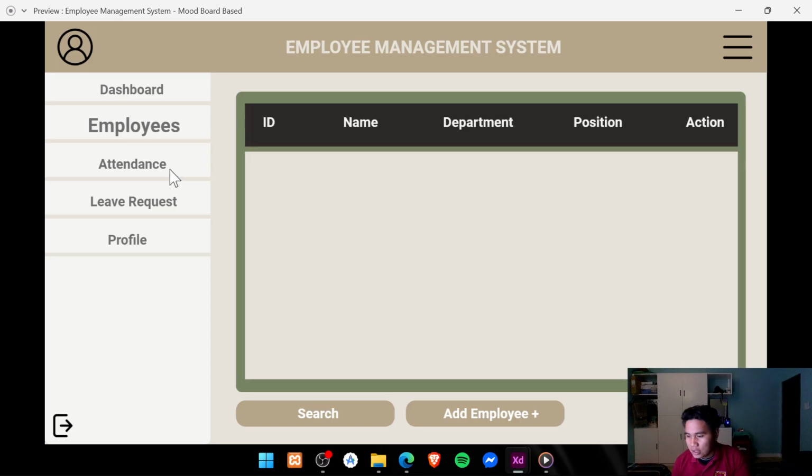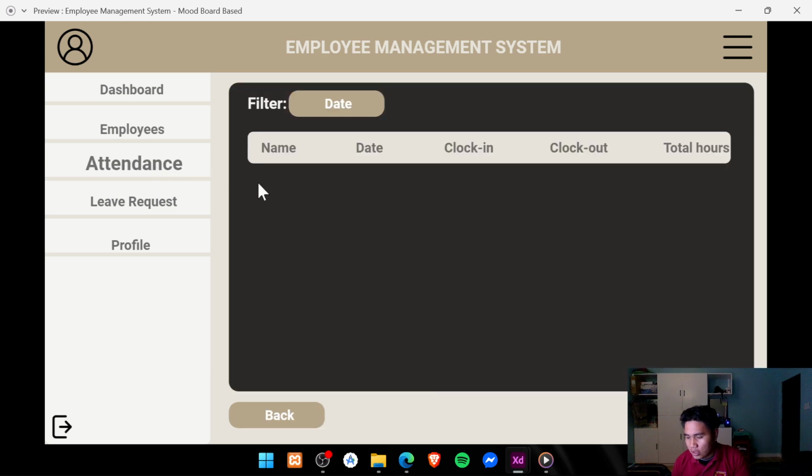Next is the attendance. The first thing I noticed in this page, when thinking about what to recreate, is the filter part or the filter view.